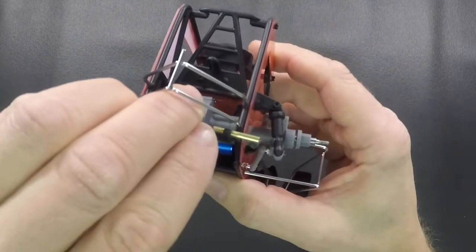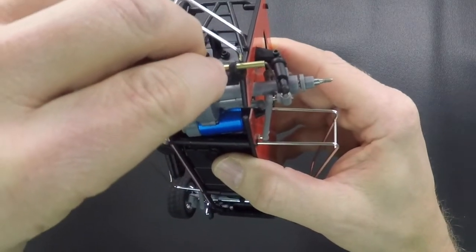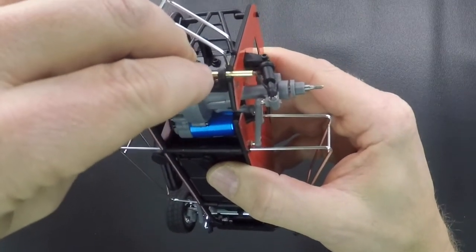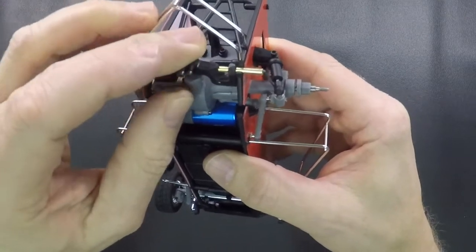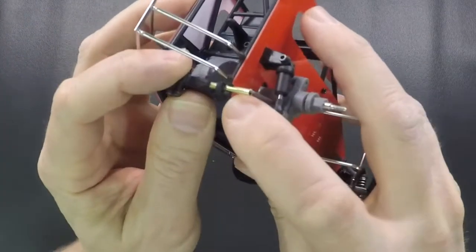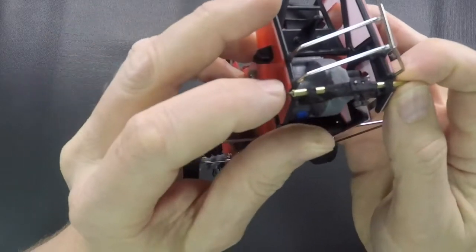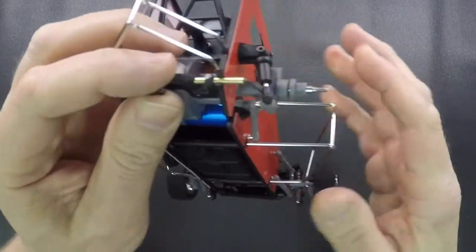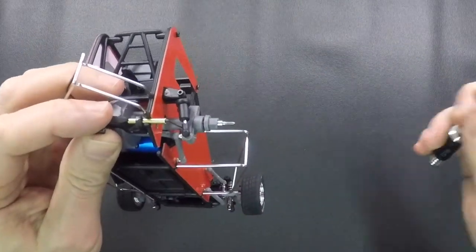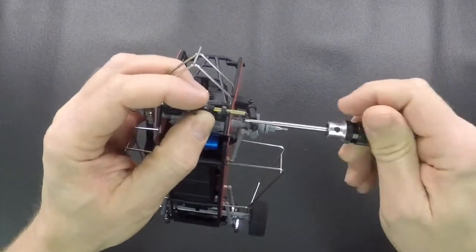And when you put this in there, you're going to want to line the wire up with those two little holes, and you're going to have to fiddle with it a little bit because the holes are small and the wire is small. But once you get that lined up, then just make sure the brass tubes go into these C-shaped pockets on the bottom of the chassis, right here and right here. And then you're going to take the screws that you took out of the crossbar, simply put those back in,